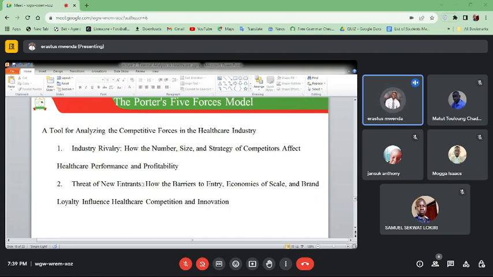And he talked about, number one, industry rivalry in terms of the number and size of organizations, in terms of the strategies that competitors have that are going to impact communities and their lives. He also talked about threat of new entrants,